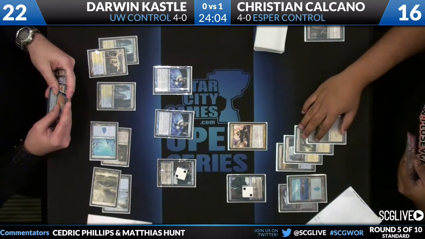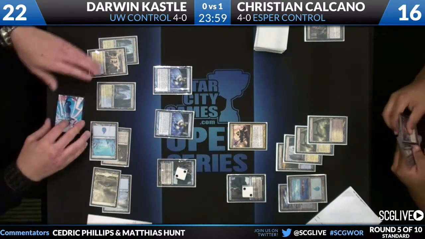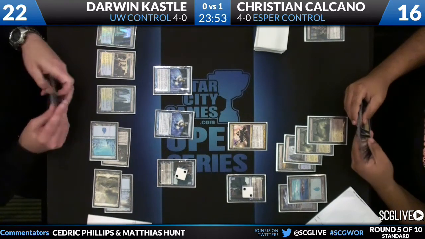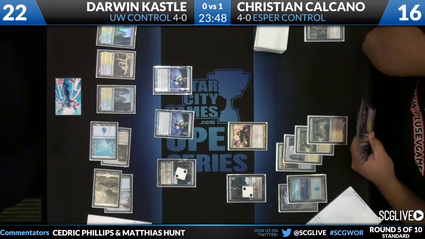Now Calcano's going to start by untapping his lands, 6 lands in play. Does have a Detention Sphere in his hand, so he could see something here where Calcano goes, all right, Jace, -2, goes away, get my cards, do what I do. Detention Sphere your Jace and move along. That's a potential play. He could Detention Sphere the Omen